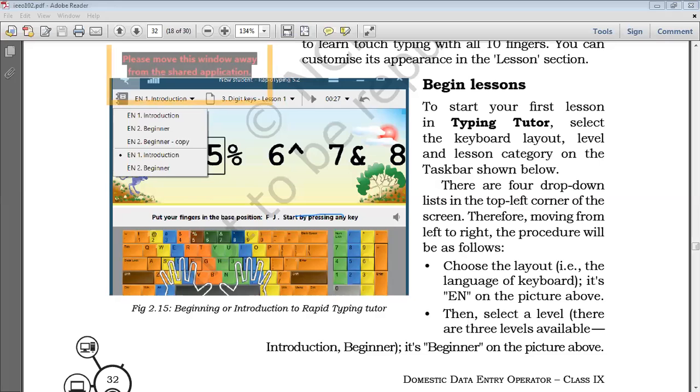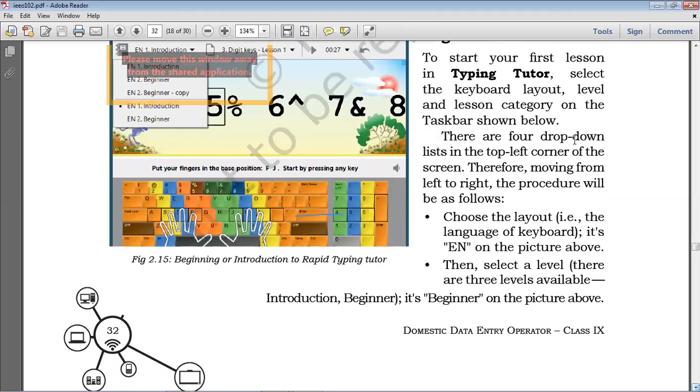So first you have to select the layout of the typing software, and after that you have to select the level.